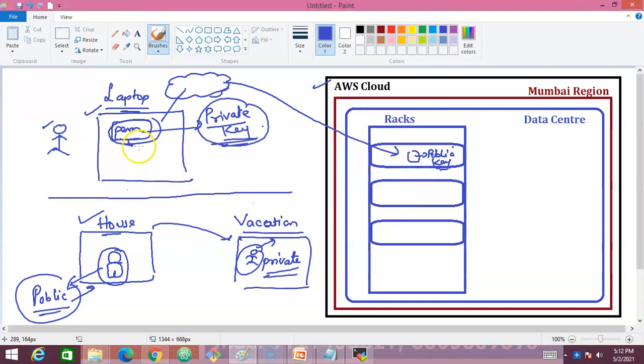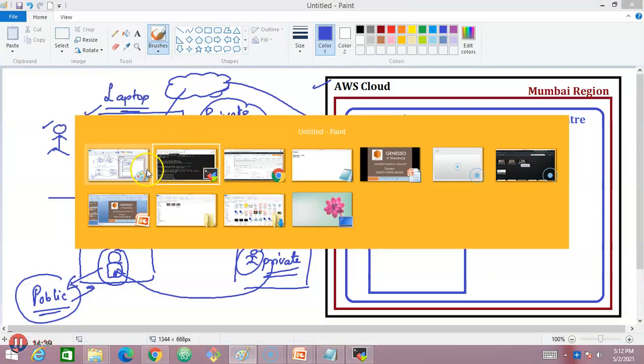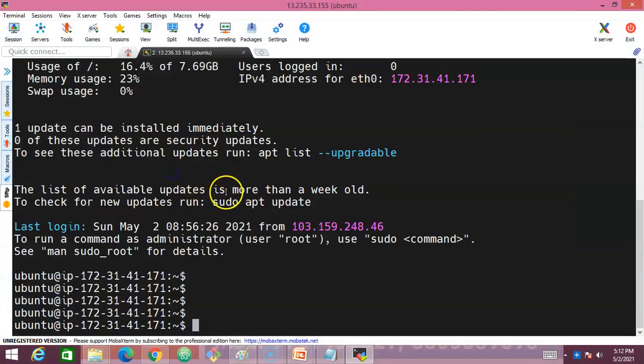So with the help of the private key, you will be opening your server or connecting to your server so that it matches the public key and you'll be able to open. So this private key matches only this public key. So nobody else can log into it. So this is the importance of the PEM key, and you need to be aware of why we are downloading the key pair and what is the importance of this particular PEM key or private key. So this is about understanding the PEM key and how you will be able to connect to your Linux server with the help of the private key.